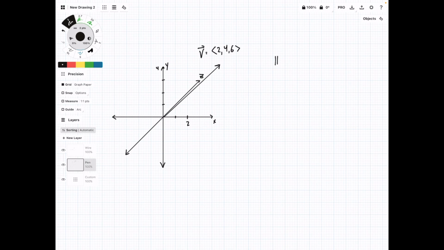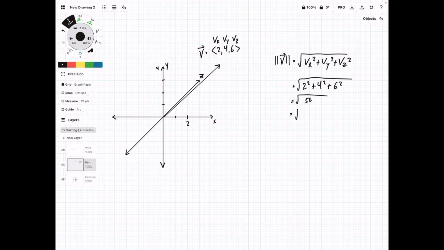We can write it out so it looks like this. The magnitude of vector v is equal to the square root of vx squared plus vy squared plus vz squared. And so here we have vx, vy, and vz. And so all we're going to do is just plug them into this formula over here. We're going to have the square root of 2 squared plus 4 squared plus 6 squared. And so when we do this, we get the square root of 56, and we can simplify this down to the